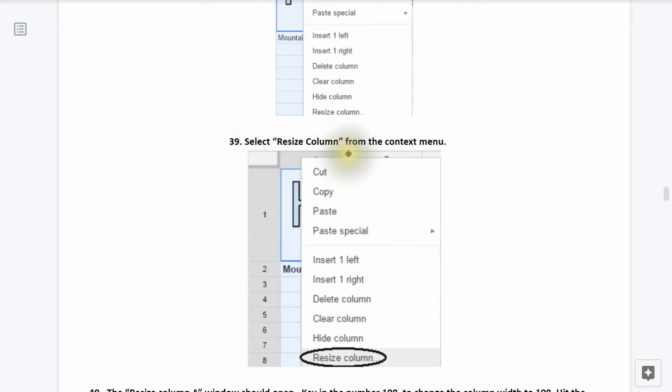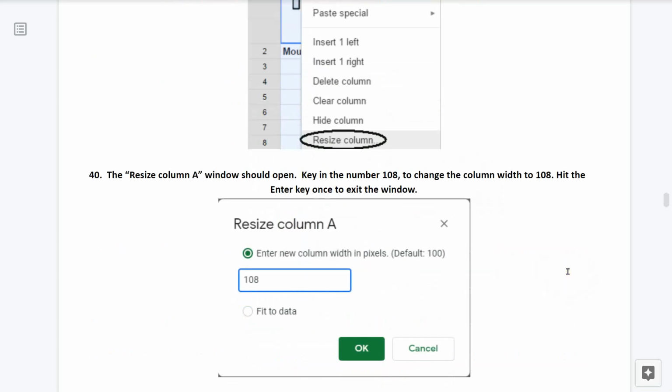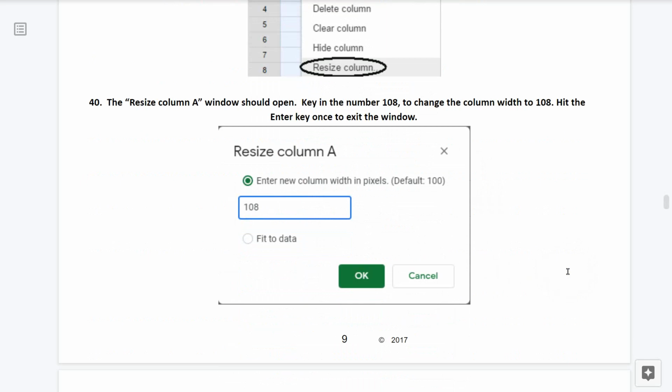Select Resize Column from within the context menu. 40. The Resize Column A window should open. Key in 108 to change the column width to 108. Hit the Enter key once to exit the window.